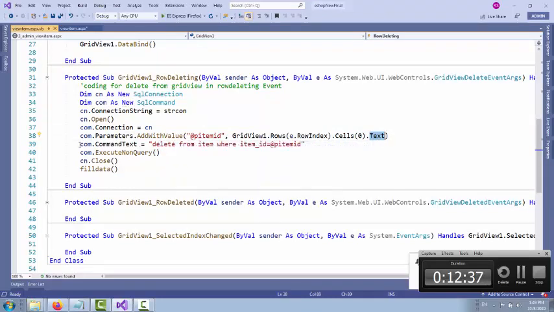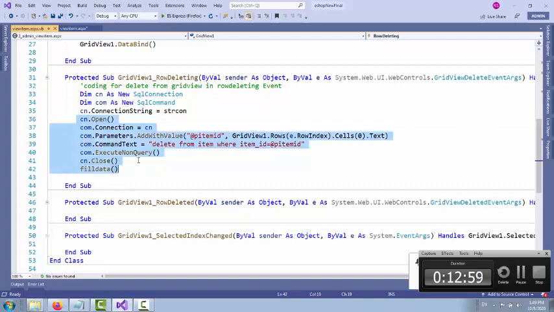Then we write command dot command text is equal to delete from item where item id is equal to @p item id. Then we write command dot execute non query, so this particular command will be executed inside the database. Then close your connection.